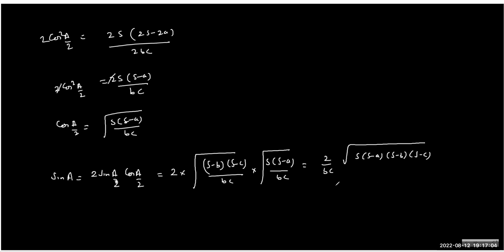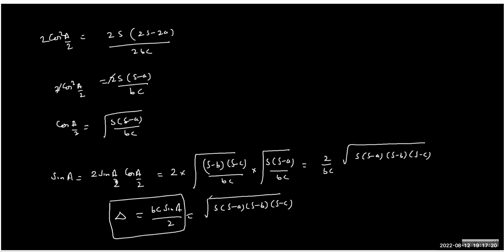Oh my god. And now you know this LHS, we can add as bc sine A by 2 is under root of, and this we call the area of triangle. We know this answer, and because we have proved that this is equal to this, so now we know the formula for the Heron's formula, which is,